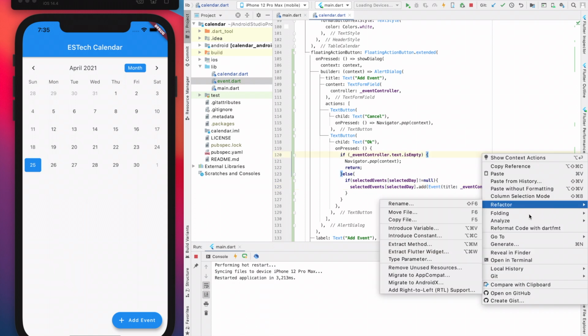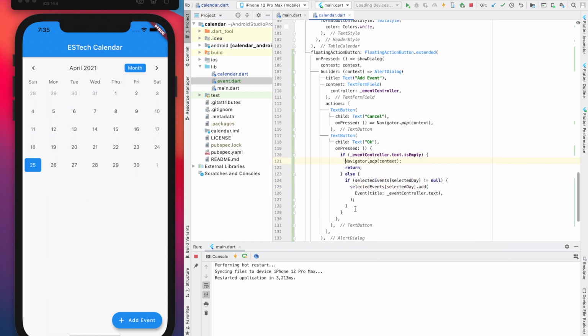So now let's reformat it once. We have checked the condition for what if the events are previously added, but we also have to check what if the events are not added. So over there, what I'm going to do is that it should be selectedEvents[selectedDay]